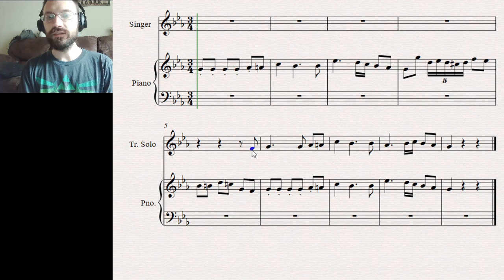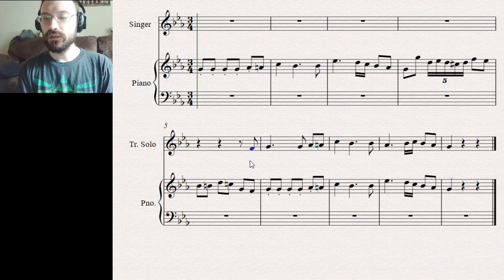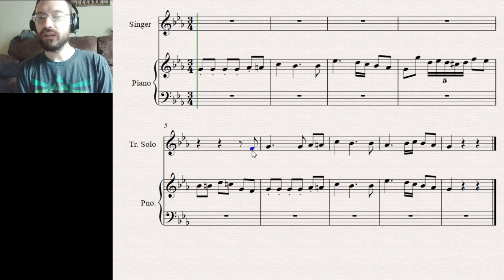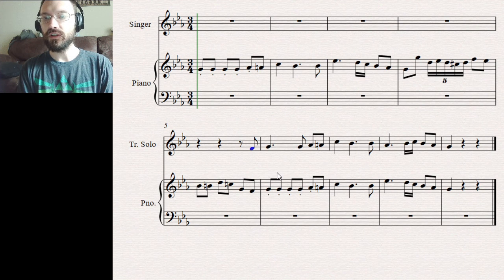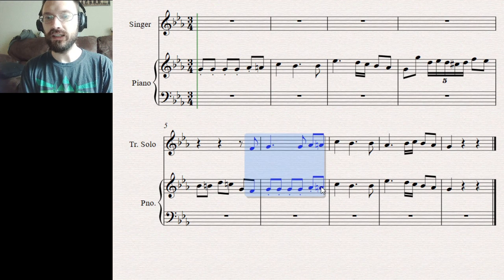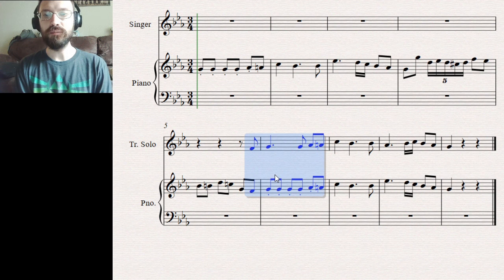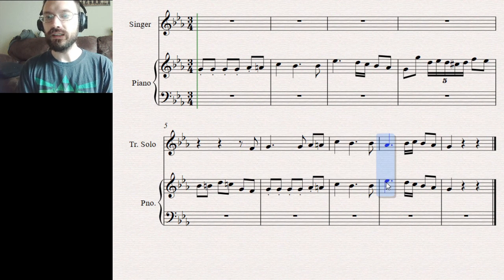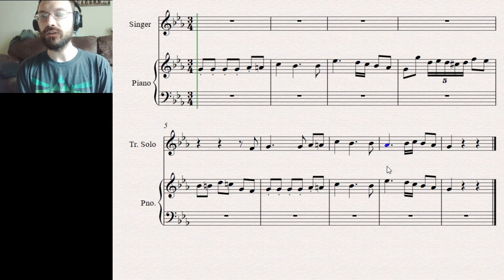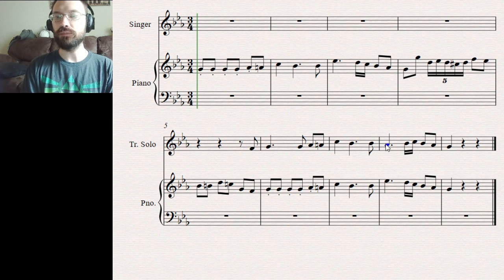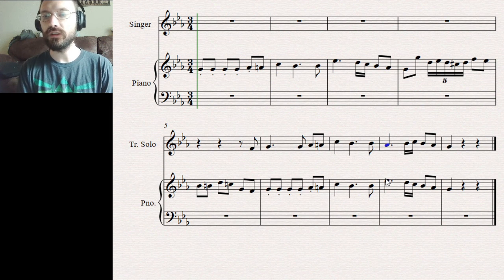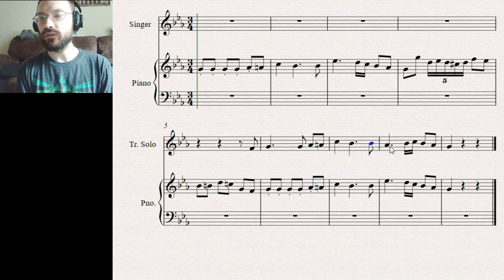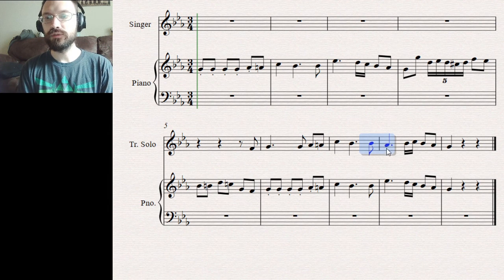At this point, the end of measure 5, the voice part joins in. It starts doubled with the piano. You can see these are exactly the same notes all the way up through here. And then right here it diverges. Instead of making the leap up to the E flat with the keyboard, the voice part drops down a step.